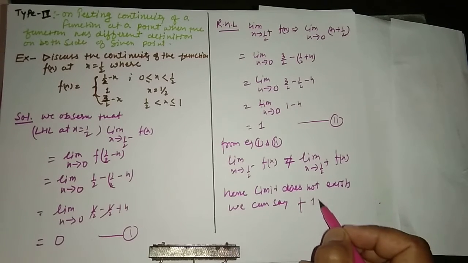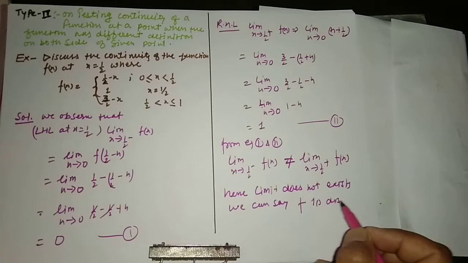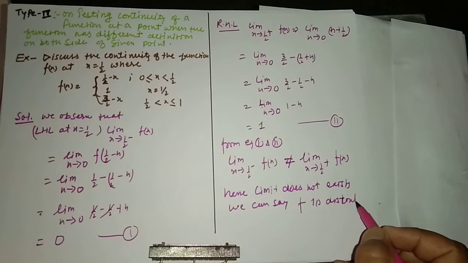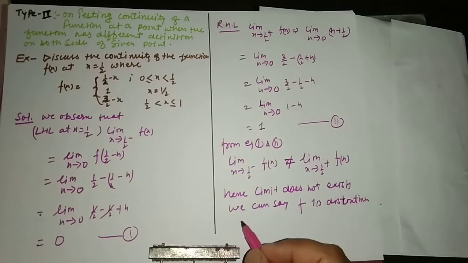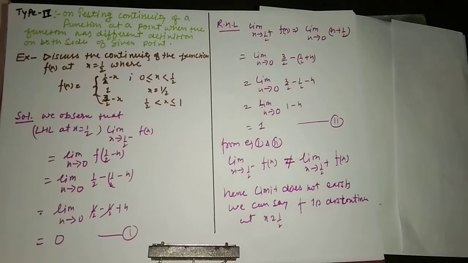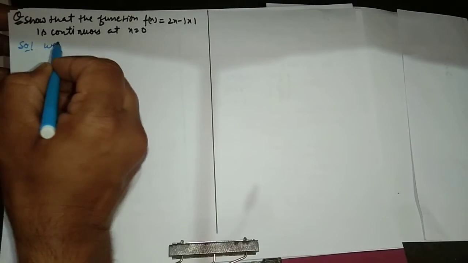And if the limit does not exist, so we can say function f is discontinuous at x is equal to 1/2. Clear? Okay, now we have another problem, and in this problem we observe that on the solution of this